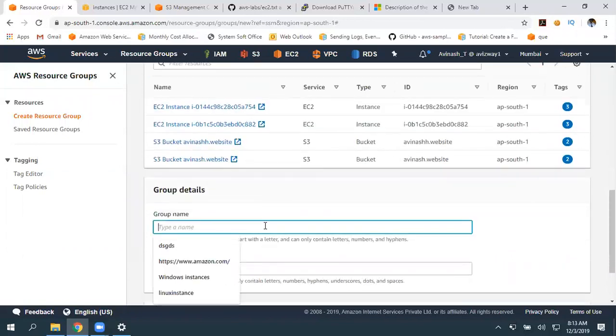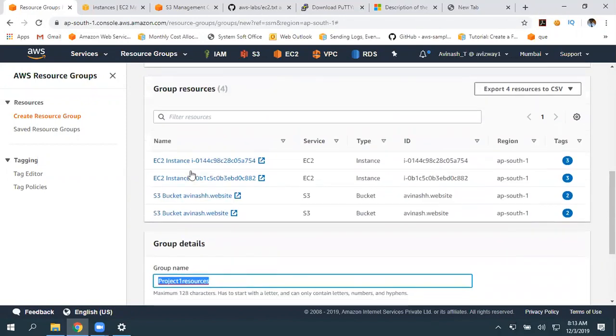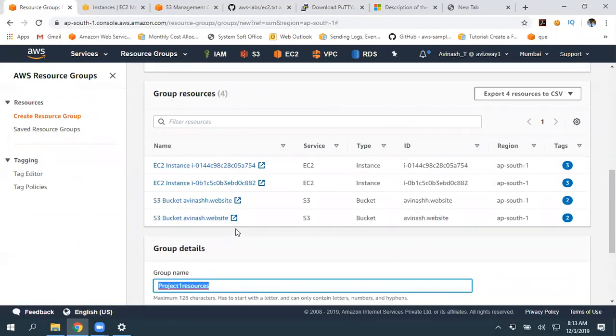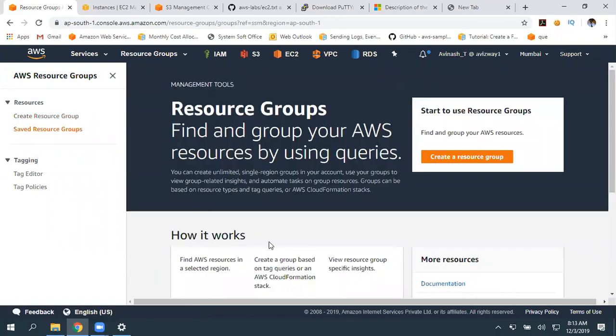Okay, so project 1 resources, or you can pick all Windows ones, and you can create a group name such as my Windows resource group, my Linux resource group. Whenever you are performing that Run Command and all, you can simply pick the resource group and execute your command. So you can just give a name and create the group. You are just creating a group which contains a particular tag. So that is a resource group. By using tags, we can filter that.